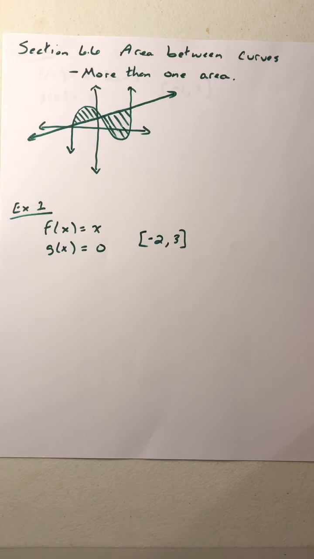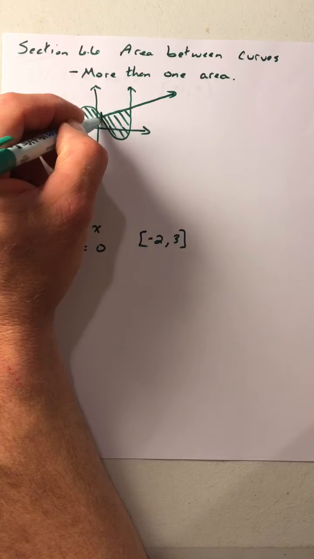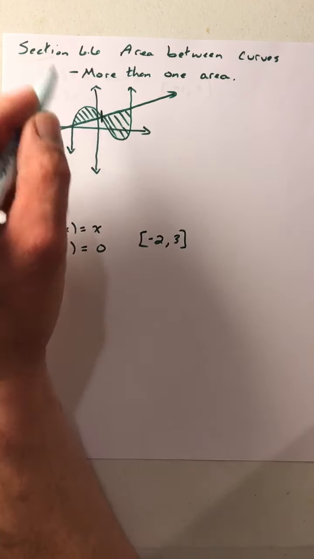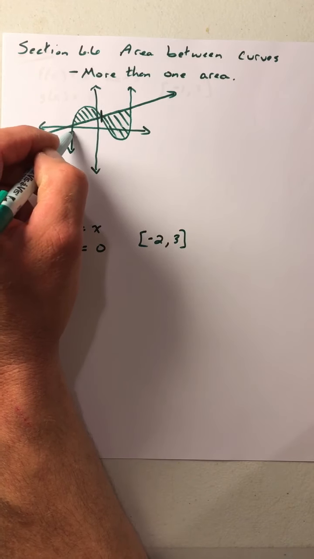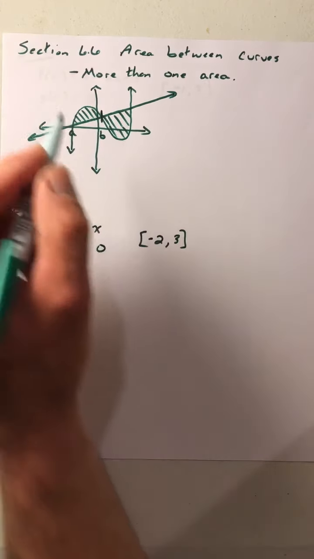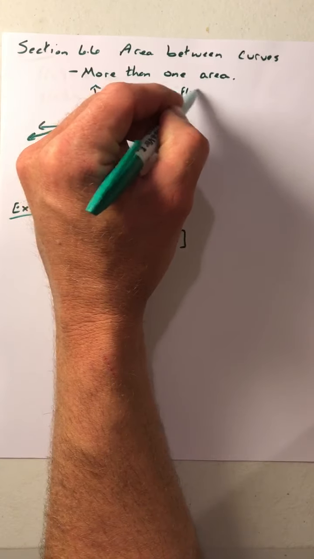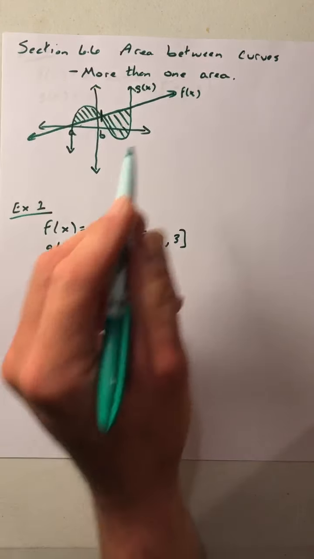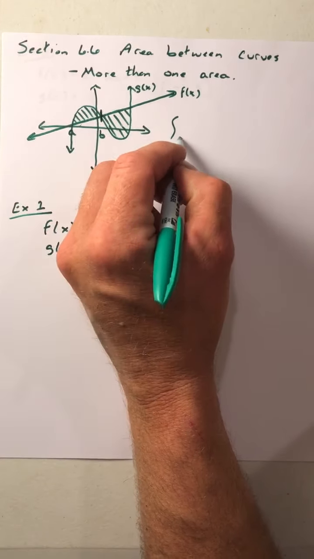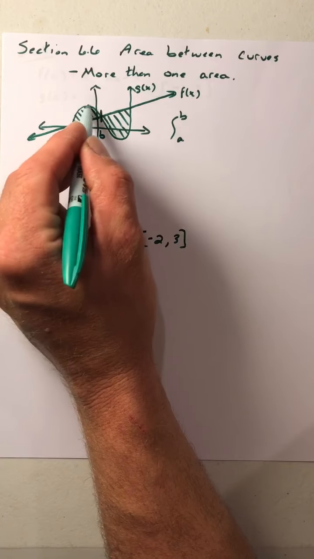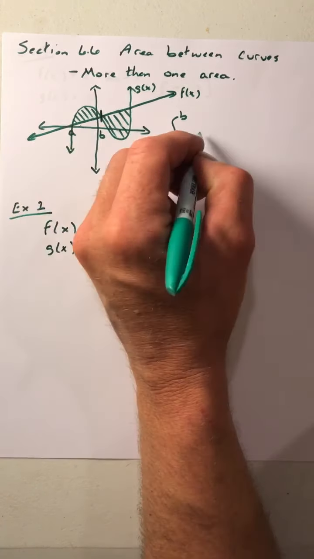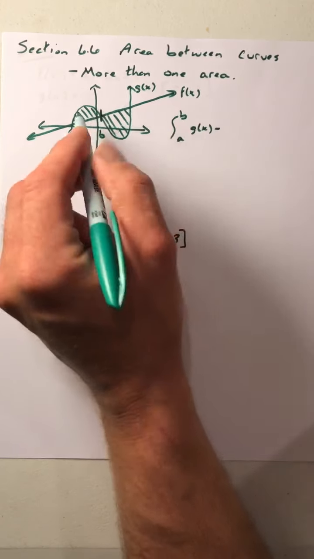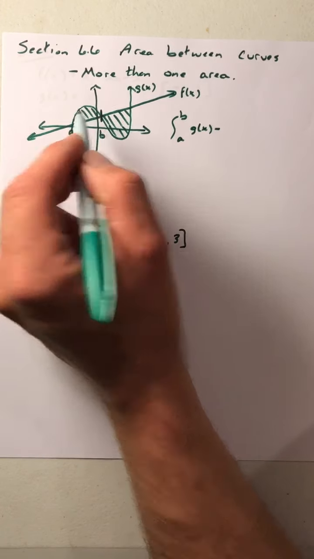So we have to be very careful now to figure out where that line is going to be changing. I'm very interested in this point here. Because now if I integrate, I'm going to integrate from A to B here. Maybe we'll call this linear function f of x, and we'll call this cubic g of x. So my integration would be from A to B, my top curve is that g of x function, g of x minus my bottom curve, which is the linear, or f of x,